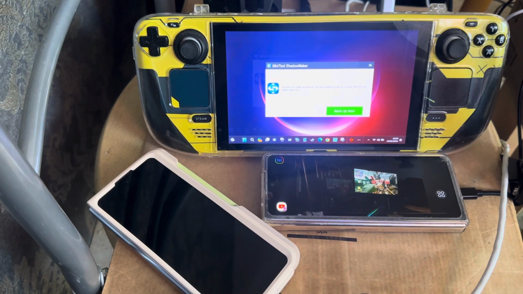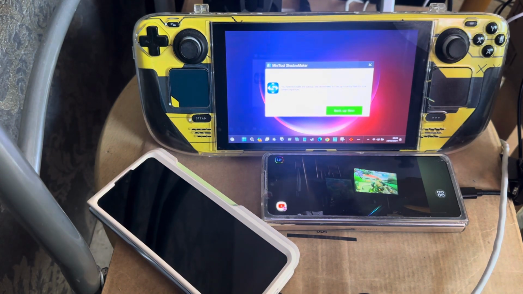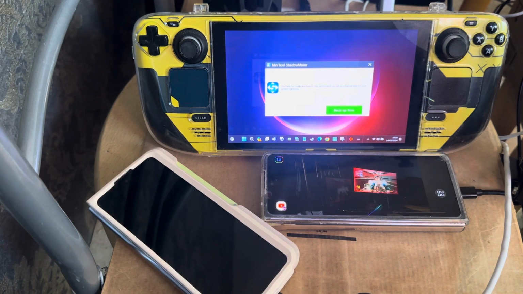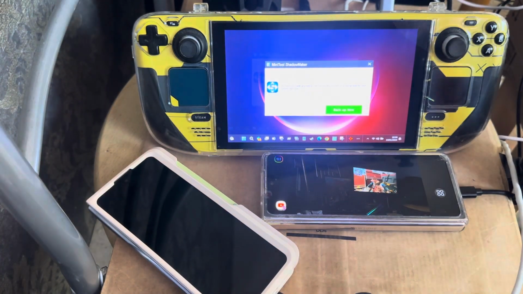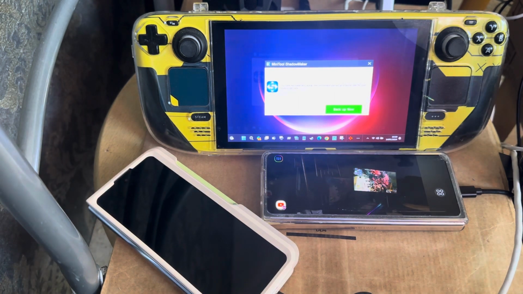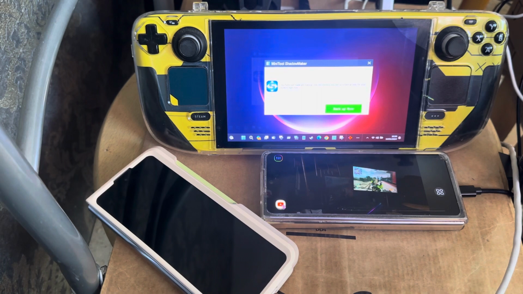Like I said, the issue with the Steam Deck is that you cannot play certain games. I'm not saying all the games don't work. They do work on the Steam Deck, but games like Call of Duty Modern Warfare 3 have an issue on the Steam Deck. It'll play the game, but I think if I stream it from my laptop, the experience will be better. So what I'm saying is the game works on the Steam Deck. If you want to play Call of Duty Modern Warfare 3 on your Steam Deck, it does work. But from my experience,